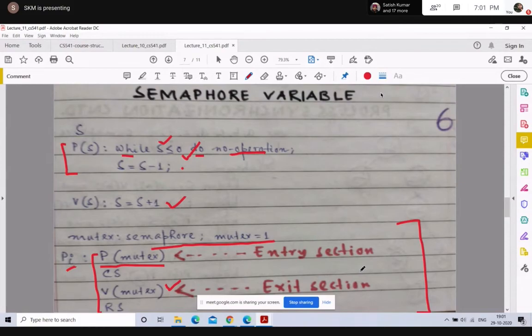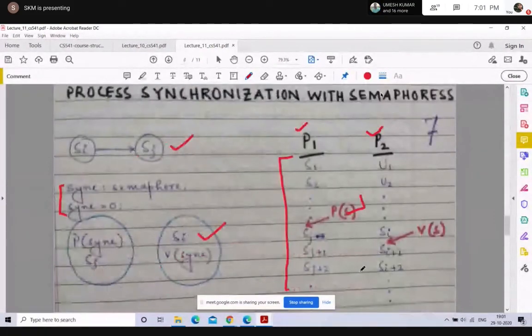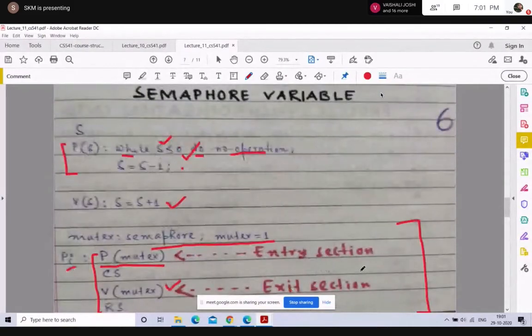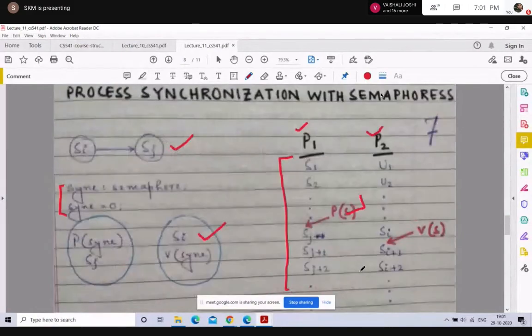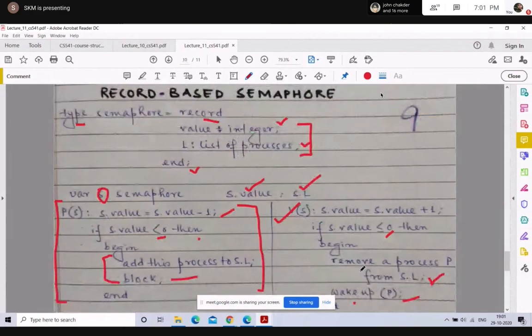With the help of semaphore variables, we saw how we can execute process synchronization as well as mutual exclusion. This one is a case of mutual exclusion, and this one is a case of process synchronization. We also saw in depth how we can define a precedence graph with the help of semaphore variables within a co-begin and co-end construct.